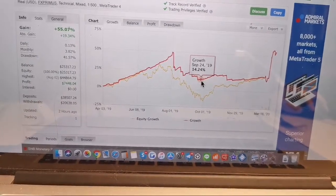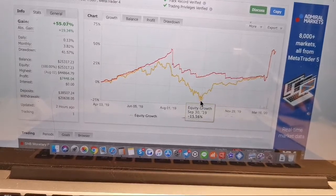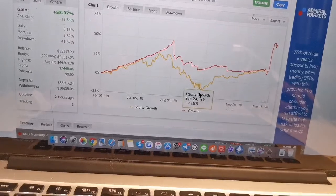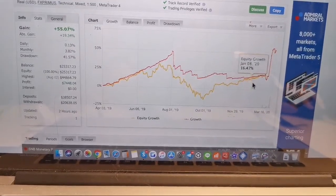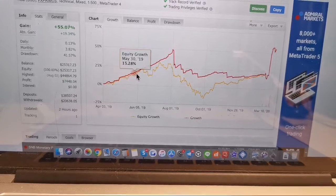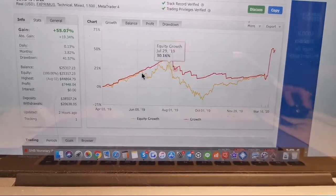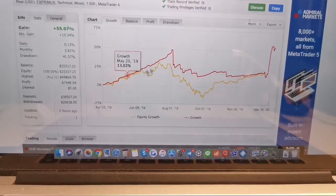And what you see here is the difference between the growth and the equity. So basically, you can say that the equity is like an unrealized loss as well. Eventually, by holding it, we're able to unify these again. However, it ultimately still had to. This was still a lot less than what it was on the highs, about 35% or so